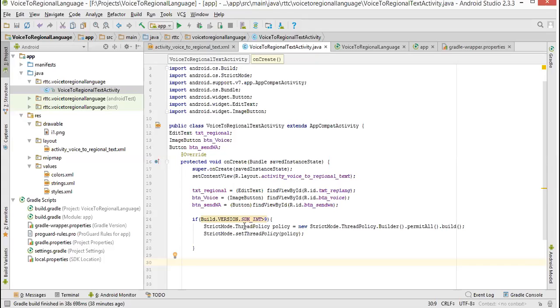I think all of you are understanding this to some extent. Why? Because another screen will pop up on your current activity screen. On that screen, you will give the voice. That will be converted there itself, and that text will be again falling into your text box. So for that reason, we have to apply this thread policy on the main activity screen. So for that, I have given this.